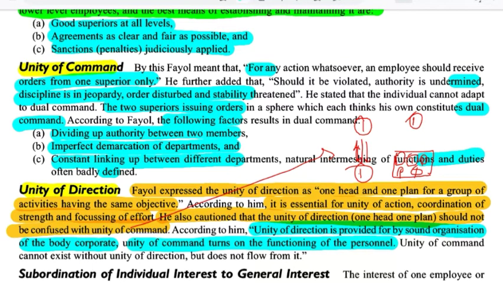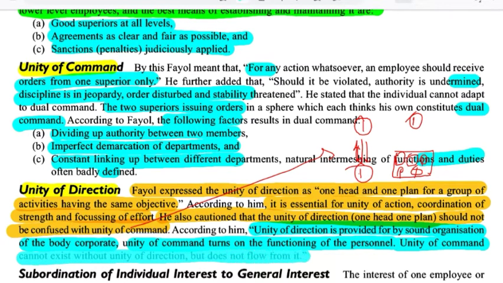a supervisor or employee only. It is not related with the complete organization. Unity of command cannot exist without unity of direction, but does not flow from it. It means unity of command cannot exist if there is no unity of direction in the organization, but unity of command does not flow from it, because there is only one supervisor for